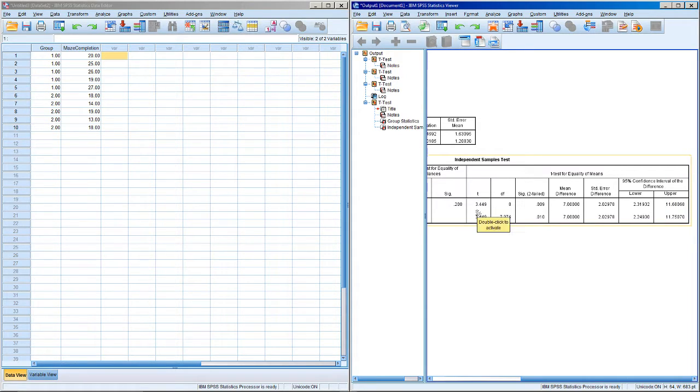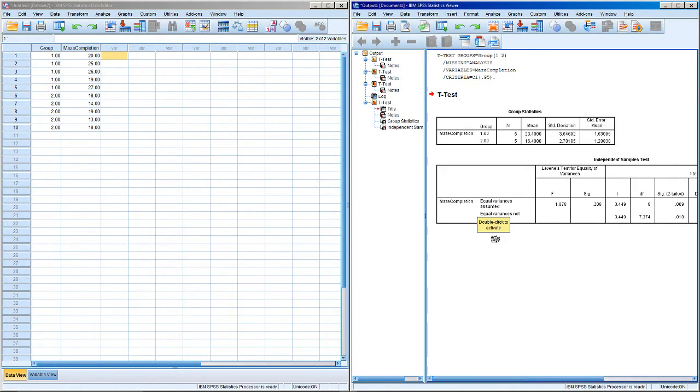So here we have a T value of 3.449, and it's going to be the same for both groups. We're not going to mess with equal variance is assumed or equal variance is not assumed. Just look at the top row. The bottom row is a little bit complicated to get into, so that's not something we're going to mess with